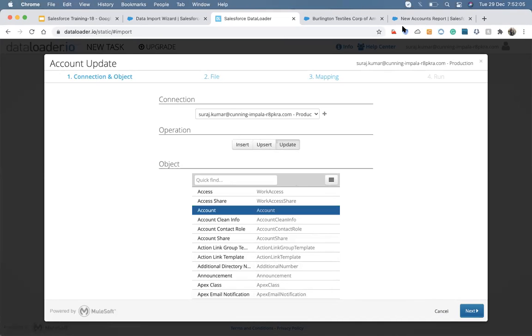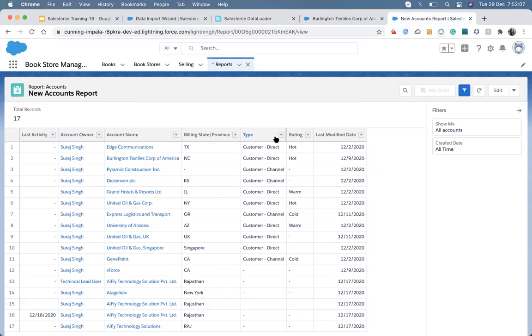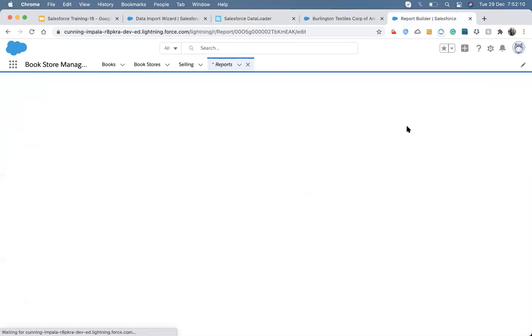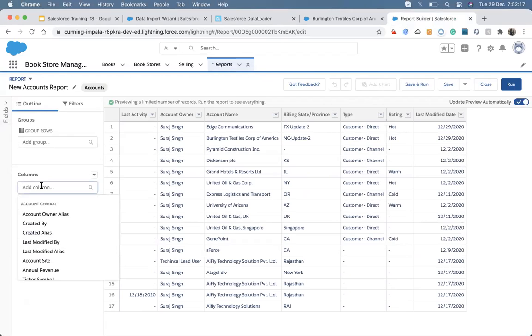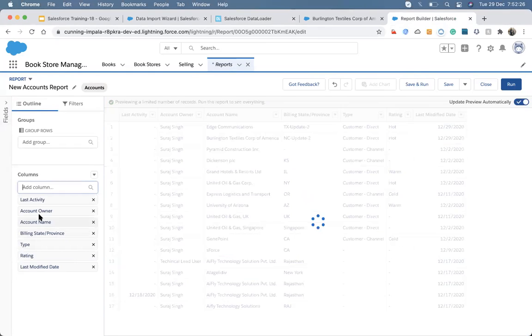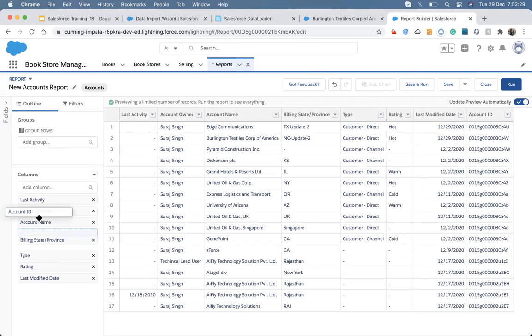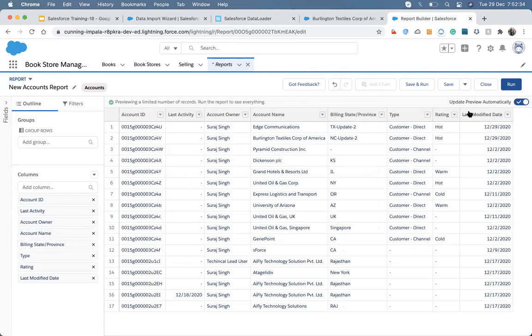So what I'm going to do is go to the report and extract the ID too, so that we have an ID. Now in the first row I can see there is an ID. So I'm going to export.